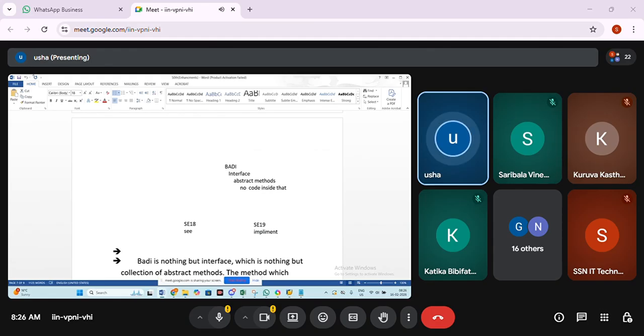How to find the BAdI? Go to SE24. Give the class name CL_EXITHANDLER. Go to the GET_INSTANCE method. Keep the breakpoint at GET_CLASS_NAME_BY_INTERFACE and run the transaction. It will take you to the debugging mode. Double click on the exit name. It will show you the BAdI name. Keep on pressing F8 and note down all the BAdI names.